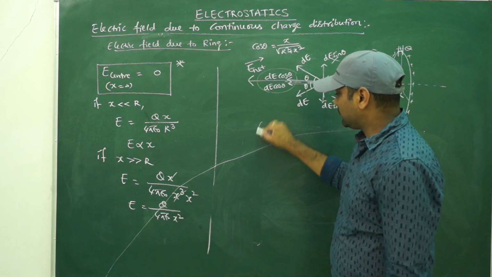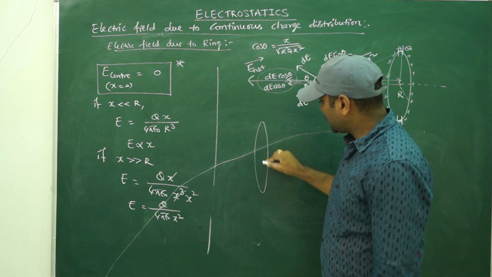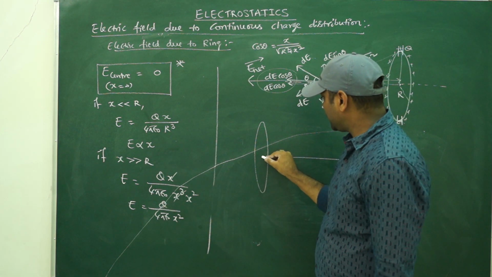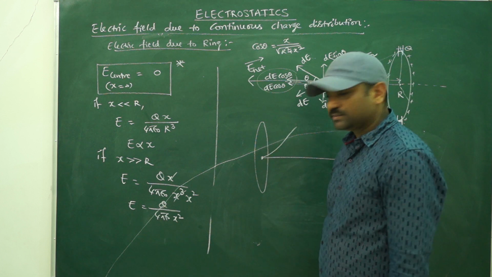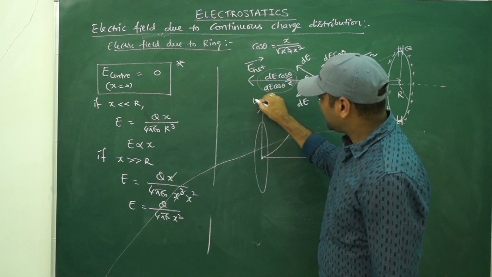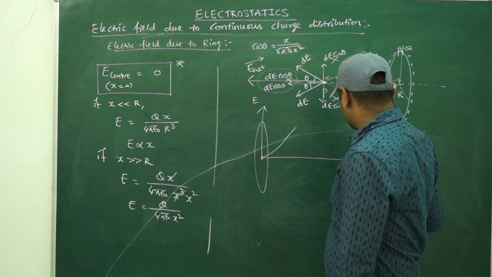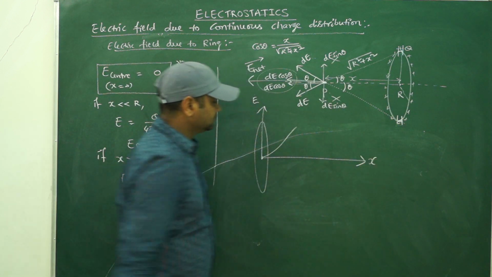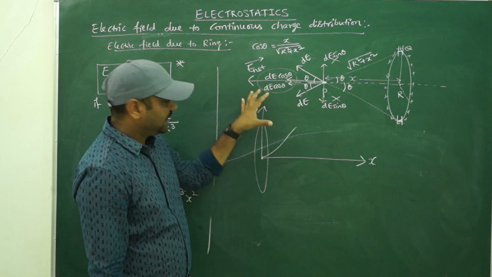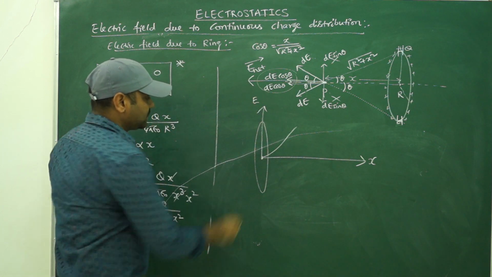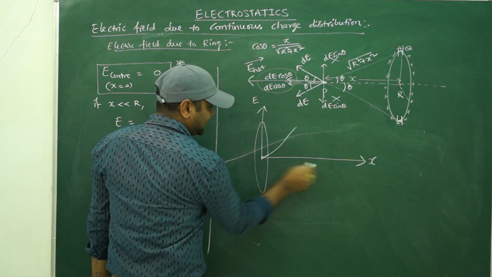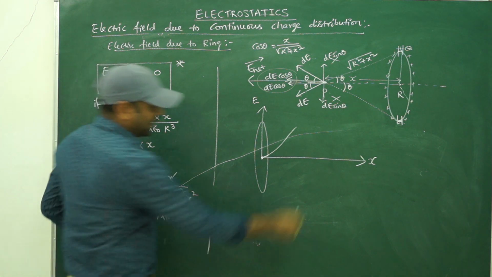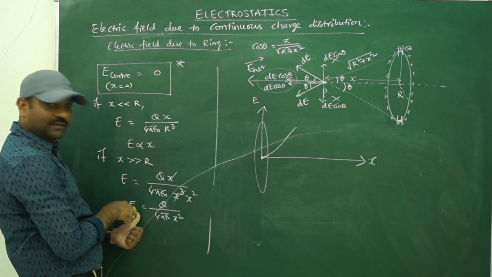So I can write down one thing. If this is the ring and this is the axis, very close to ring, field is proportional to x, means field value will increase. We know that field is 0 at the center. So I am drawing indirectly the graph between field and distance of the point from the center of the ring. This is a graph actually, field magnitude variation. Okay. So then as your x value is increasing near to ring, field value has to increase. Very far away from the ring, as x value increases, field value has to decrease.